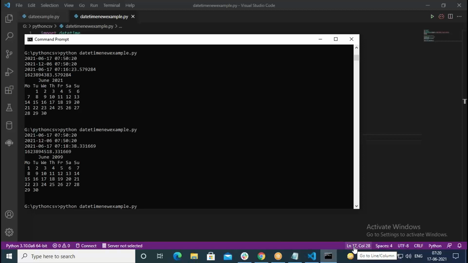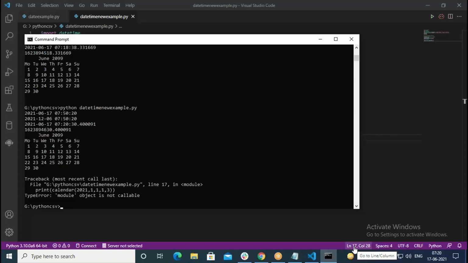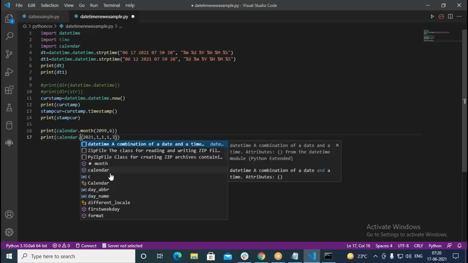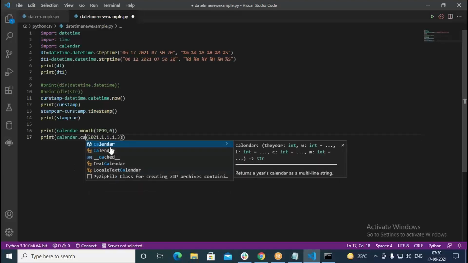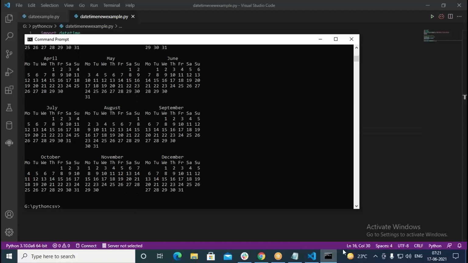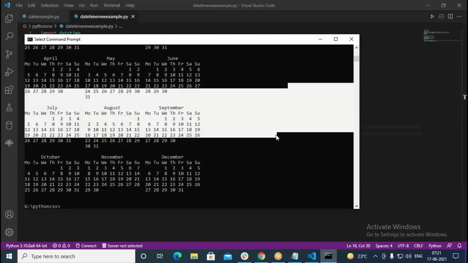When we run this, I should write calendar here. Fine. Now when we run, it's going to print like this. So in total we are putting 3 months in a row. We have April on the top also, I think.